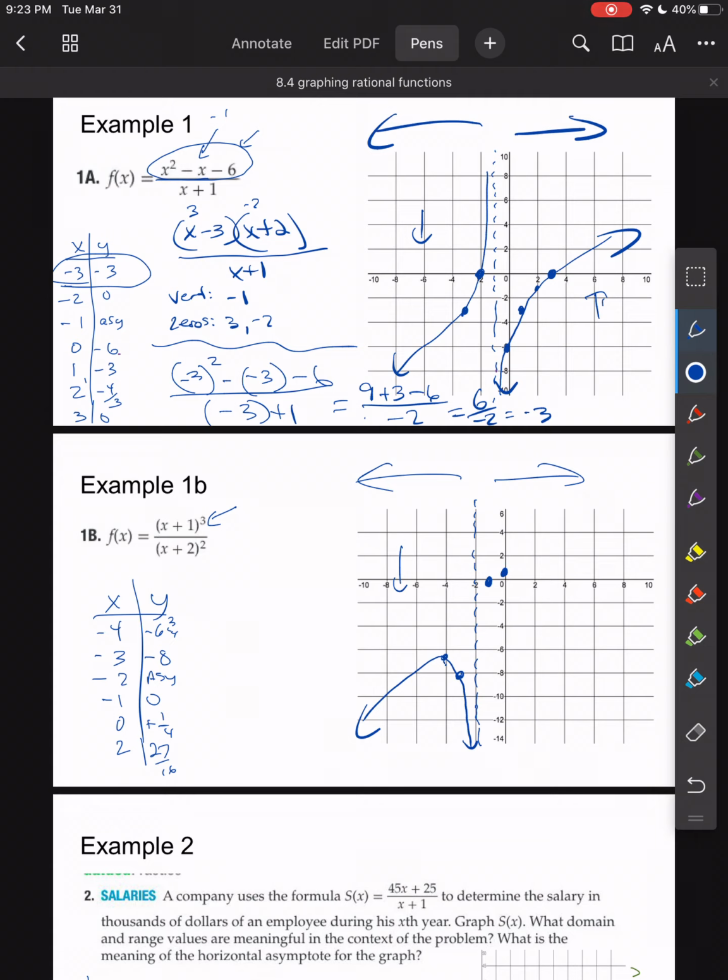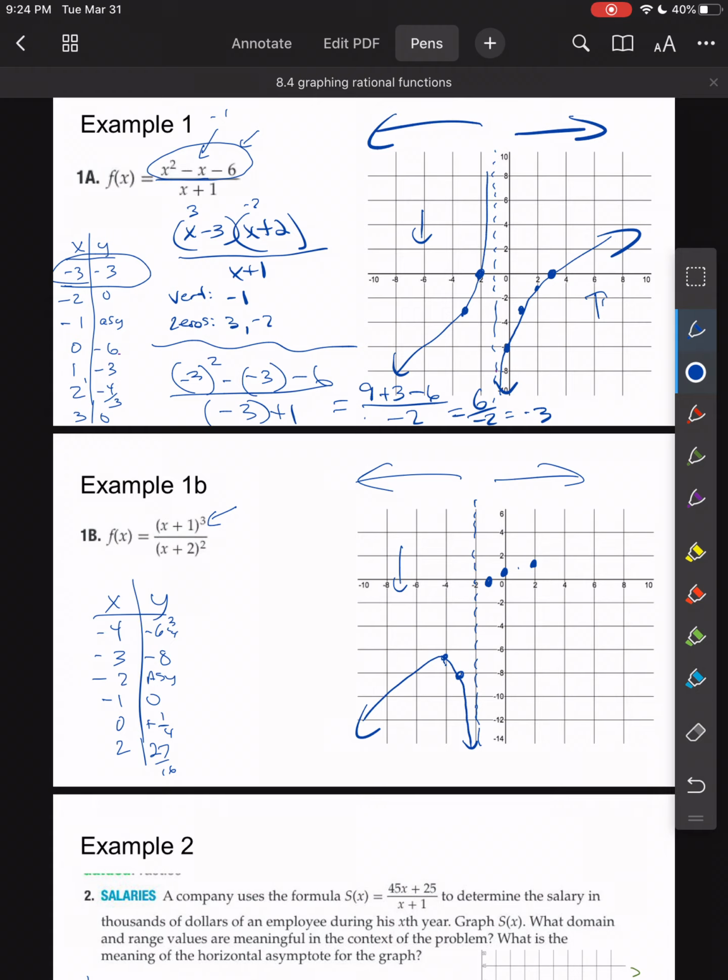Okay, if you plug in a 2, you get 27/16, which is like 1 and 11/16. So it's somewhere in here, but on the 2, so like this. Okay, so for 1b,